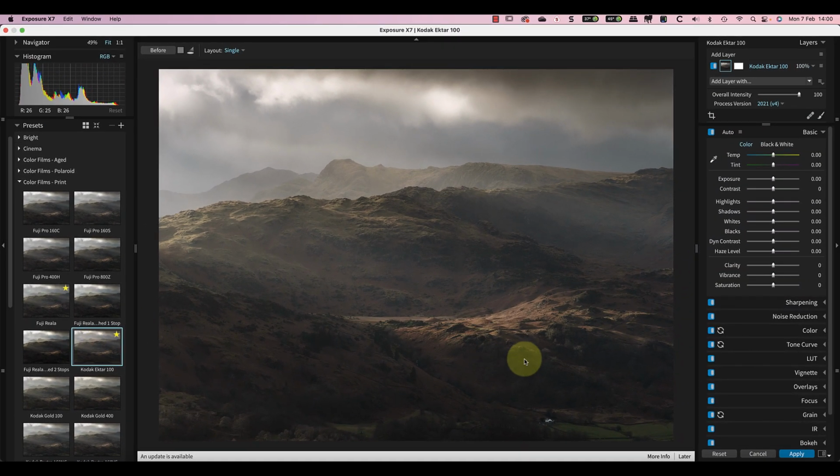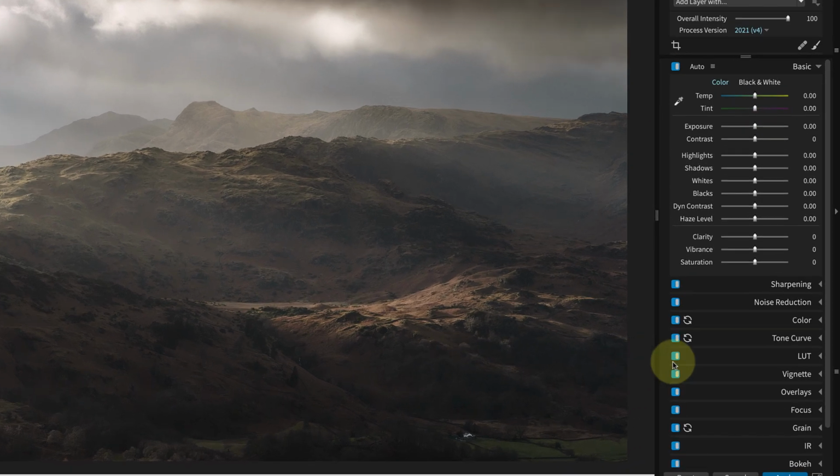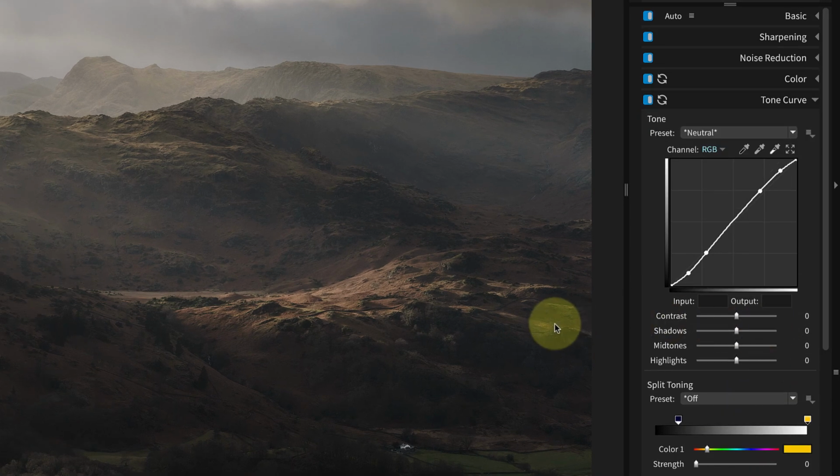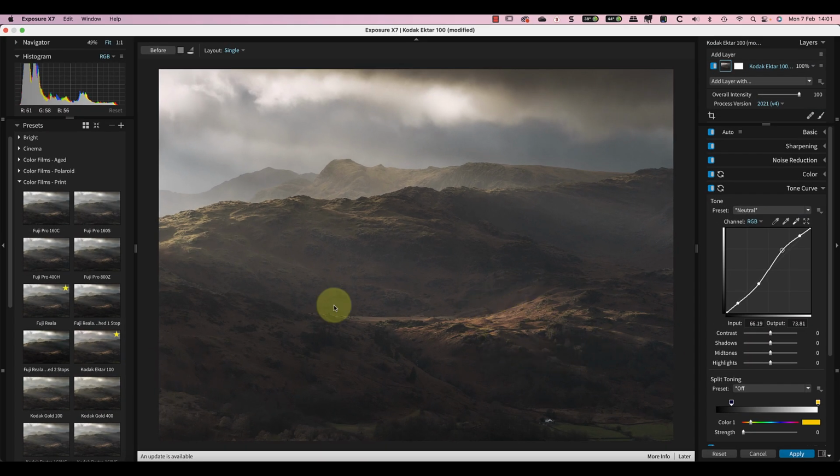Now unfortunately, it's made some of the shadows just a little bit darker than I would like. And the way it does that is through the tone curve. I'll just expand that section and you can see the tone curve being applied. I'm going to actually take the dark shadow area and just move it up a little bit to lighten those shadows. I'm going to move this point further up towards the midtones to draw those darker. And then I'll take this point in the highlights and just make it a little bit brighter. And as you can see, that's enhanced the areas here and along the ridgeline and the hills.